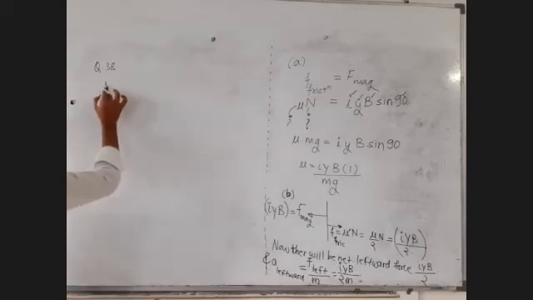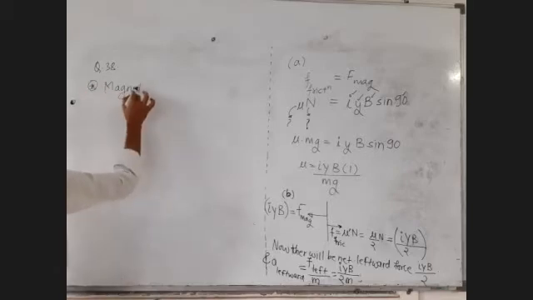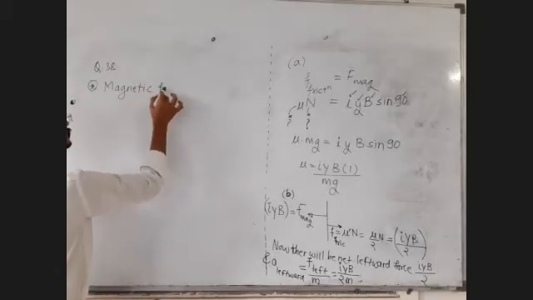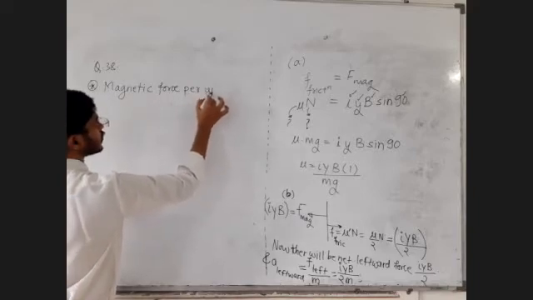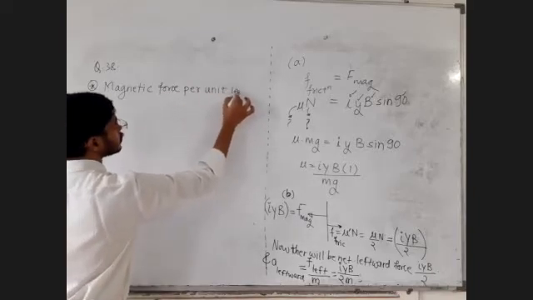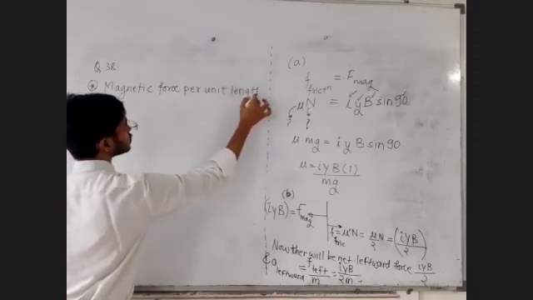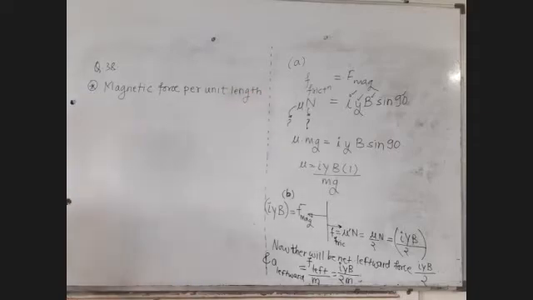Write down: magnetic force per unit length between